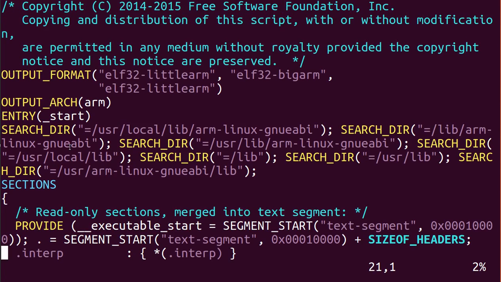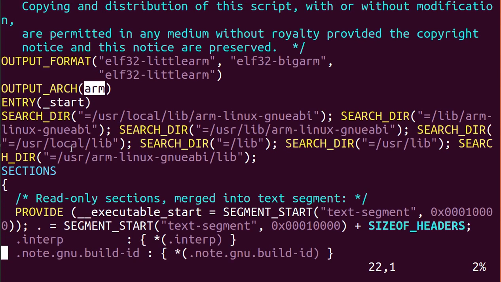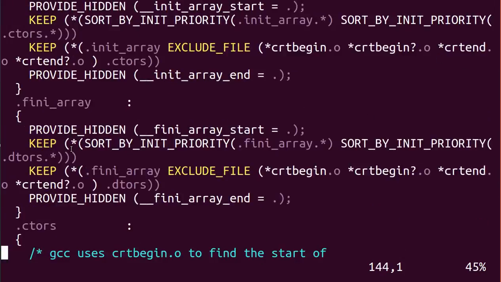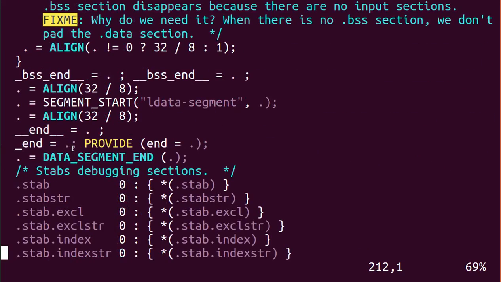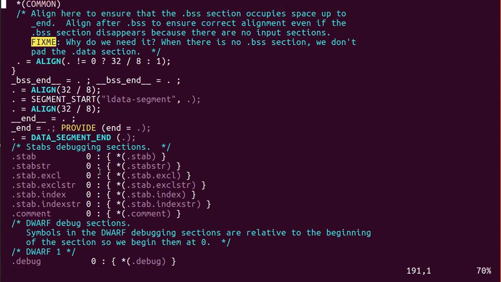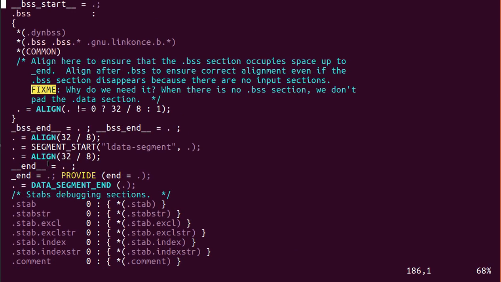You can see in the case of ARM, the output architecture is ARM, and these many sections are there, similar to the case of x86. Also, whatever different sections we have in the case of a C file, like .bss, .data and .text, these also get addresses in this particular file.